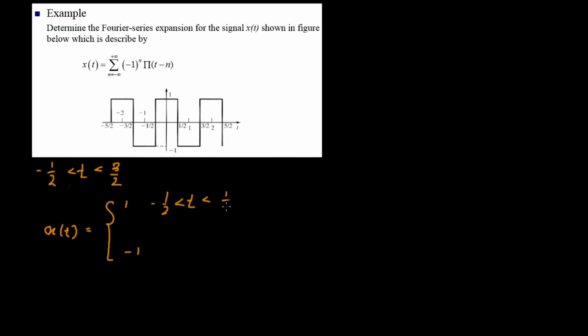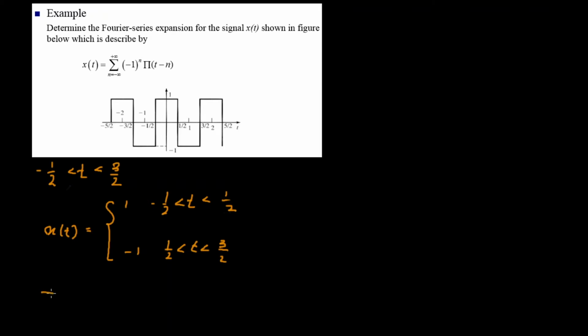The next value that I have selected is negative 1, which is from positive 1 over 2 to 3 over 2. So we can write that here, in between this. Now we have selected the period and the behavior of the function for the period selected, and we also